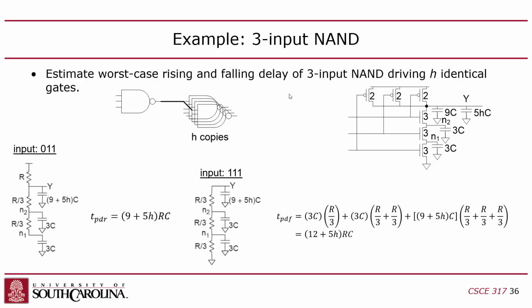Now you might say, what do you mean 3 identical gates? The NAND has 3 inputs and only 1 output, so how could the one output drive them? Well, what this means is the one output is driving one input each of H identical NAND gates. Okay, so in this case, if I want to look at the rising delay,